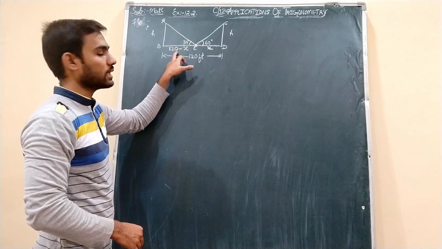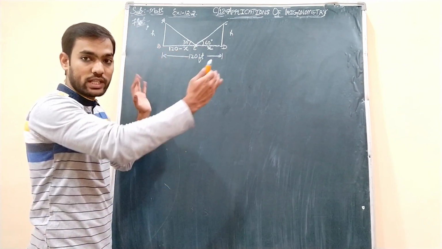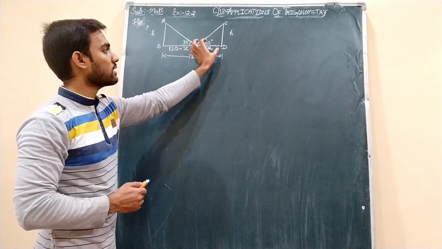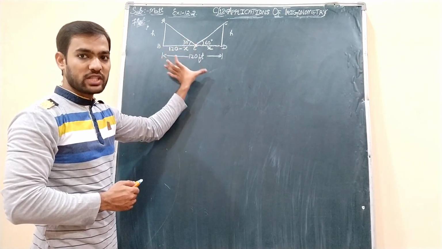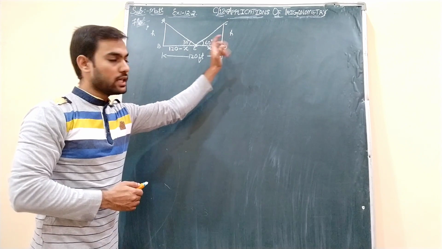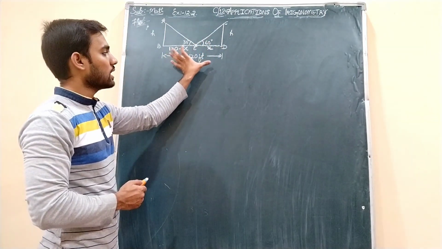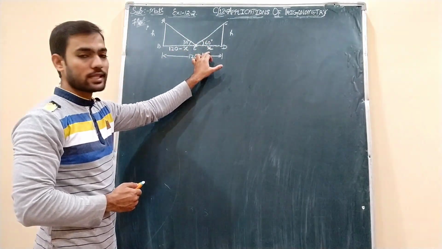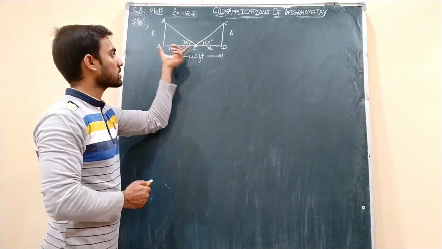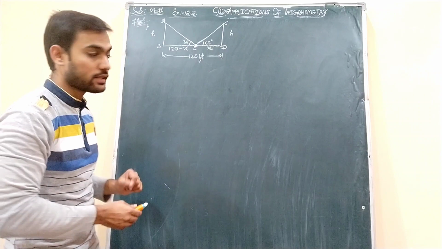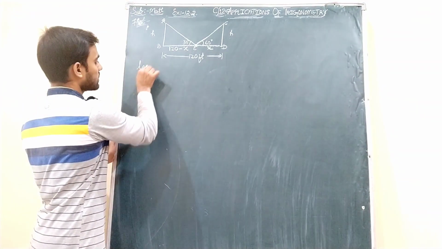Here I have taken x and here 120 minus x, because the road is 120. Suppose if this is 20 feet, then this is 100 feet. How will you get this 100? From this 120 you take out this 20. Similarly here, the complete road is 120. If this is x, to get this one you need to take out this x from 120. So this is 120 minus x. Understand, students?